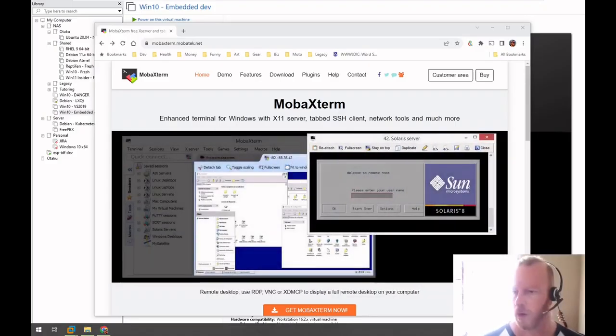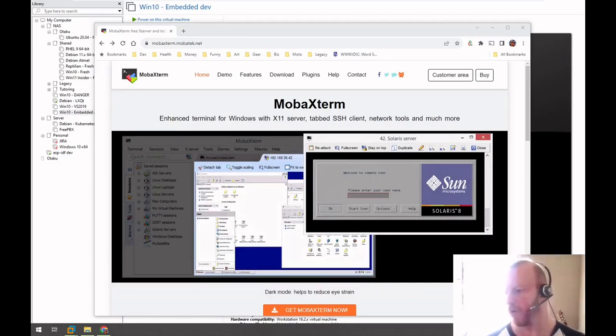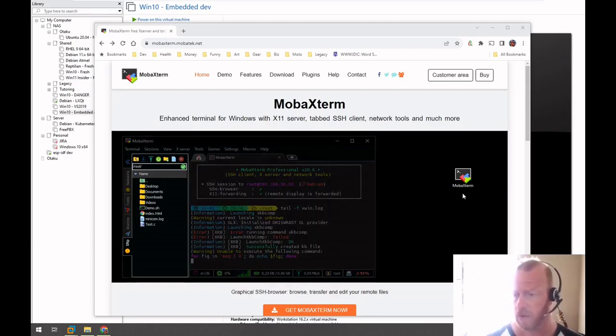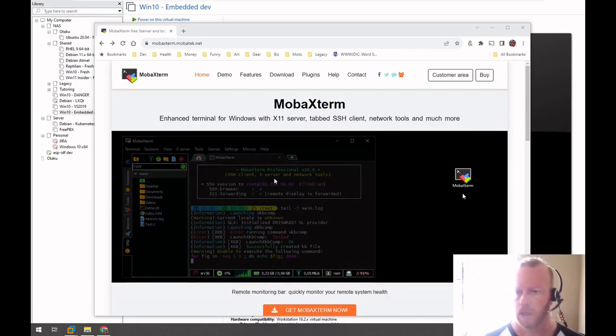We are now at the point where we are ready to install an SSH client into Windows. As mentioned before, Windows does have a baked-in SSH client, but this is worlds better. The people at MobaXterm have done an incredible job, and it would take a whole other video just to talk about all the great things that this software does. So suffice to say, I highly recommend it,